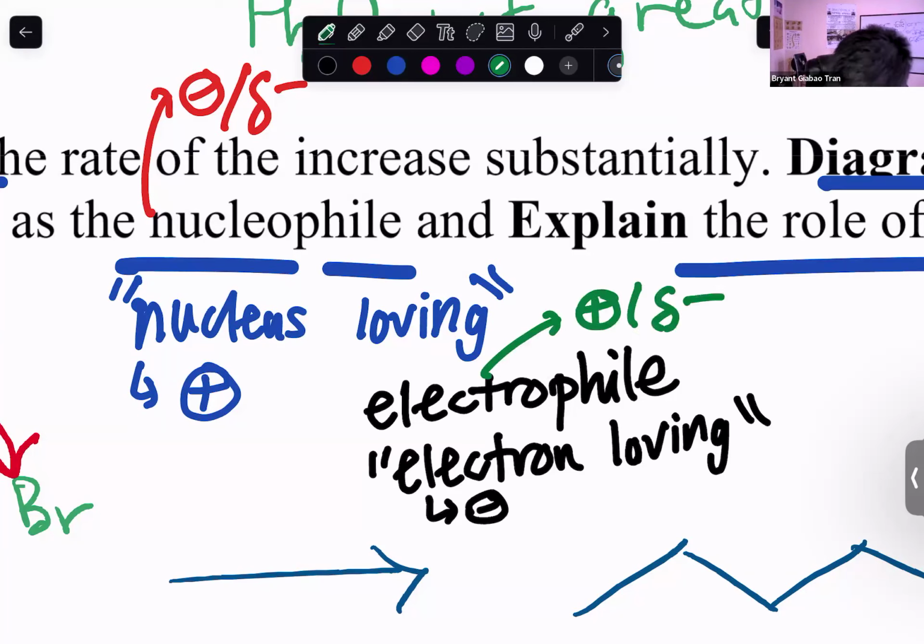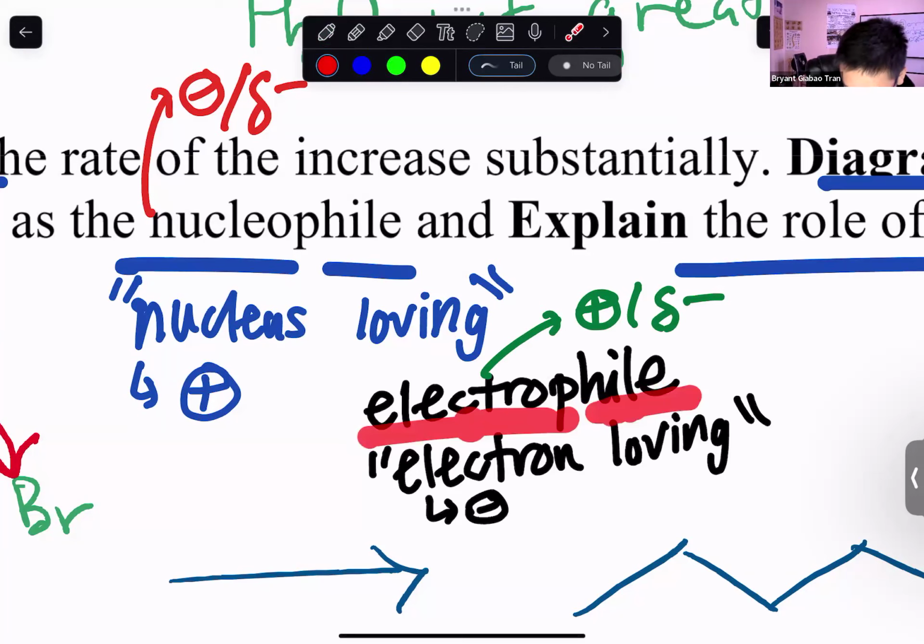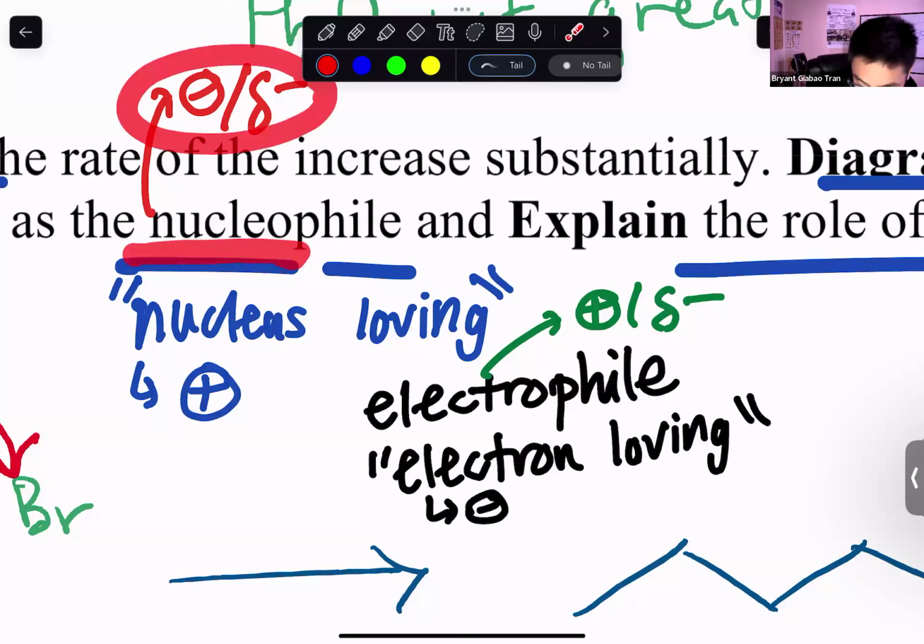It's kind of counterintuitive because the name sounds negative because electro is in it, right? So you think of negative charge because of the electrons, but you have to think of the word phile here, like lover of the negative charge. So it's not an electron, it's a lover of the electrons, which means it's the opposite of the electrons, positive charge. Right. Even for nucleus, even though nucleus is in the name and you think nucleus is positive charge, nucleophiles are not positive charge. They're negatively charged because they love